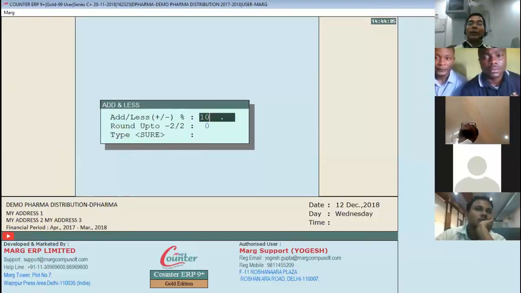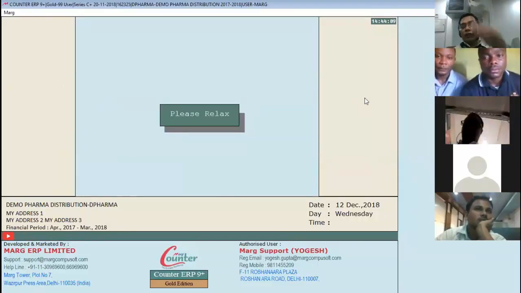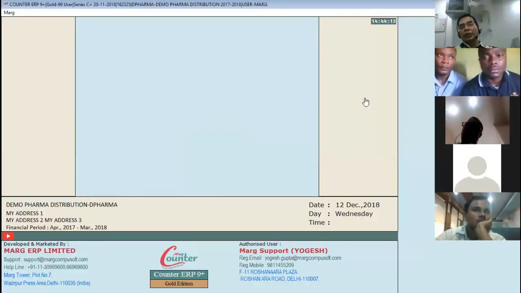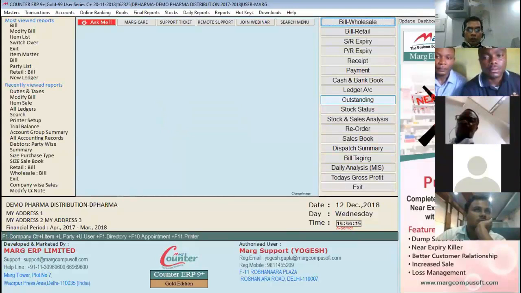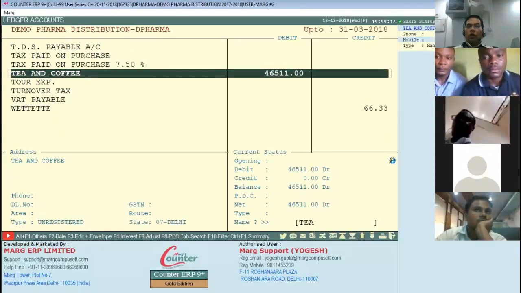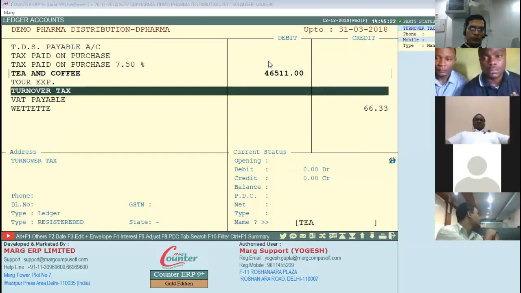So I put here 10%. Now it would become approx 47,000 expense. Let me show you. 46,500. So now we have that option. Once we have done all the entries, we have the option to increase and decrease. If I have to decrease, I'll be using -10.